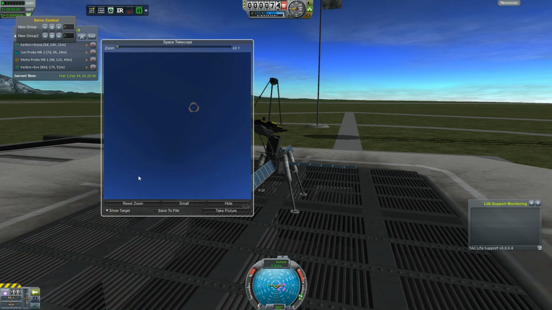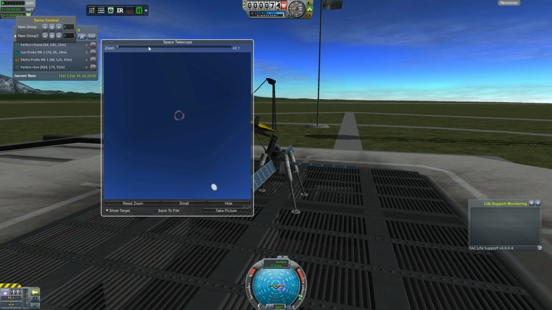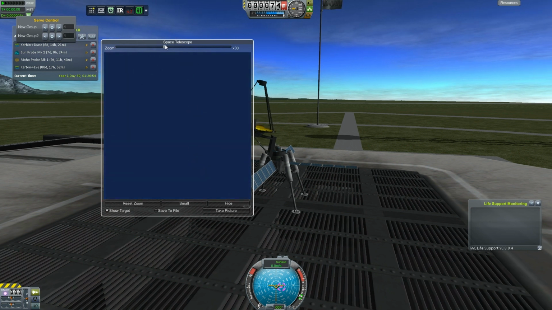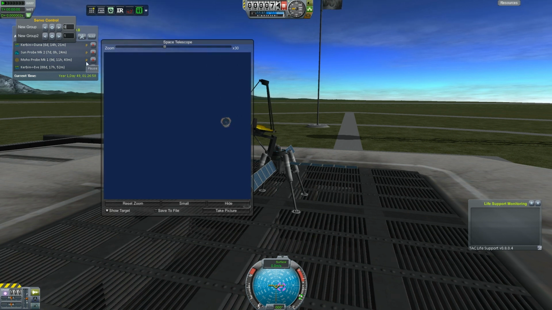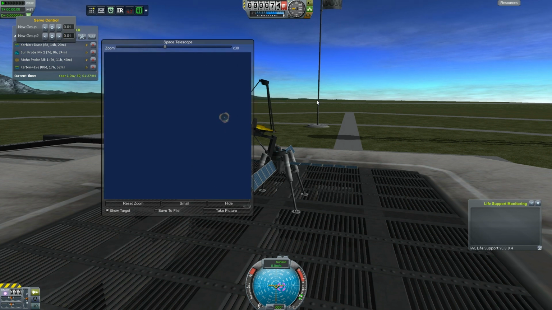I actually have some of these controls backwards from what I'm used to. We're going to go ahead and kind of zoom in a little bit and go up. Zoom in, go down. Let's turn these down. 0.01. And we are just about ready to...